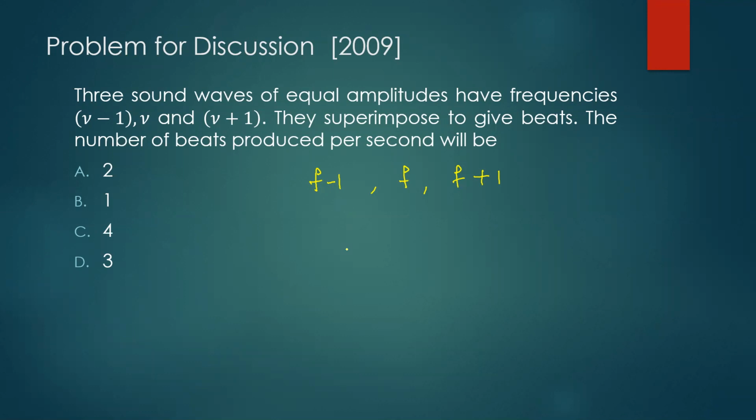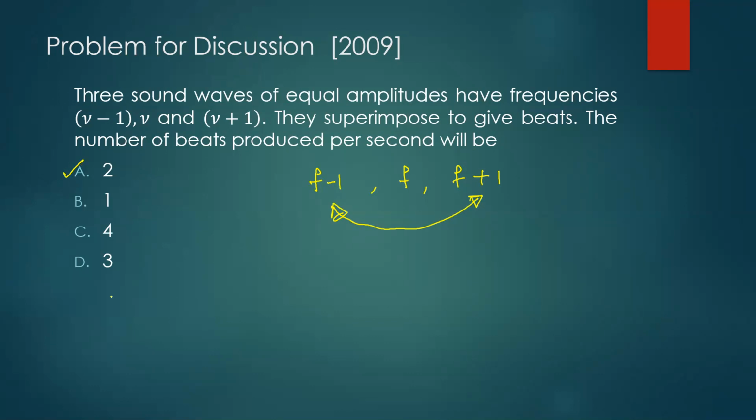Okay, so if I take this, one quick way for this problem is, I think usually it's actually a very hard question. I mean, when we study beats, it itself is a slightly difficult concept. Now, what you can do is you can ignore the middle frequency and then take the difference of the other frequencies, and the answer is 2 beats per second. You can do that like that.